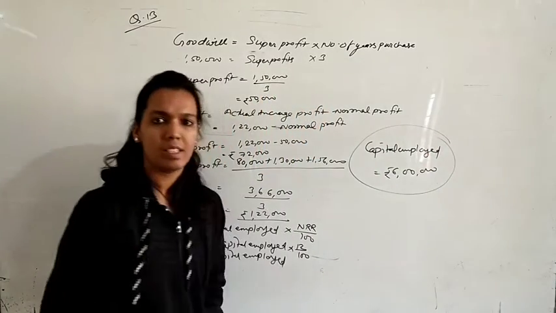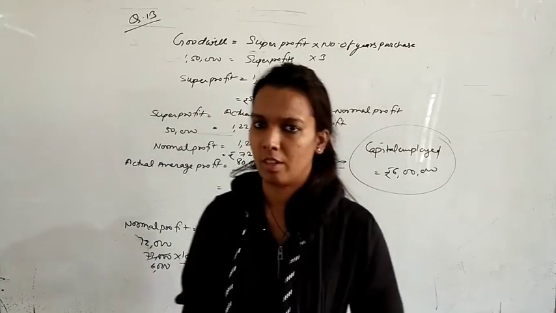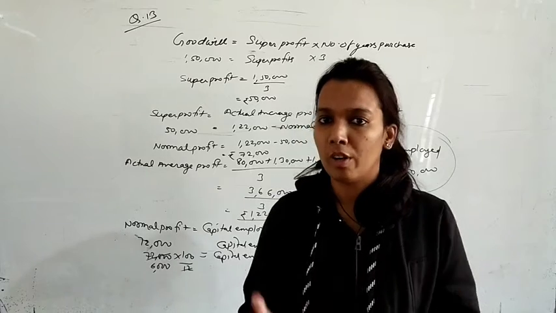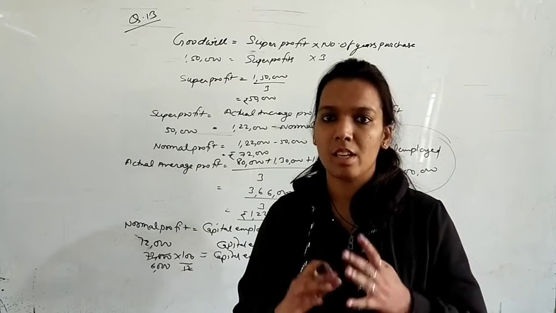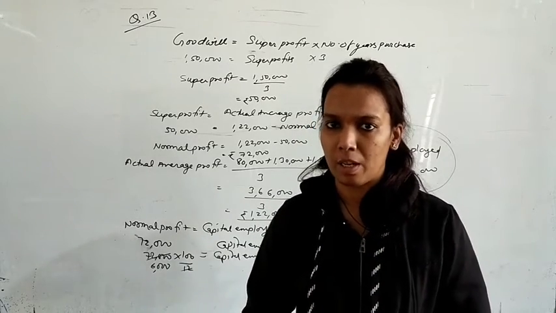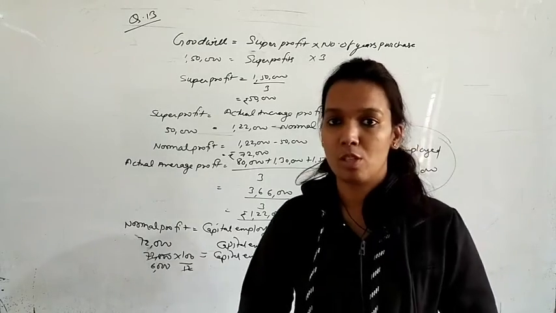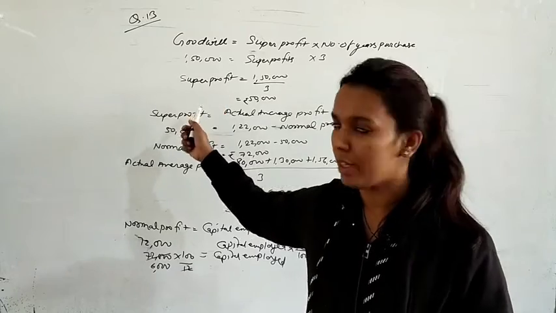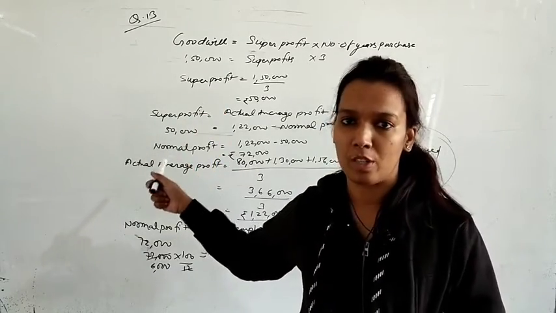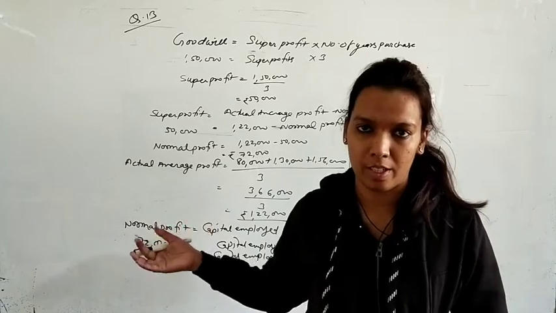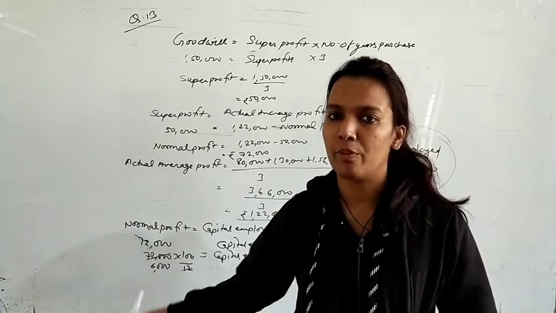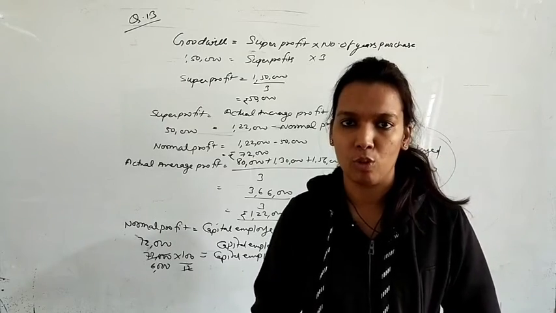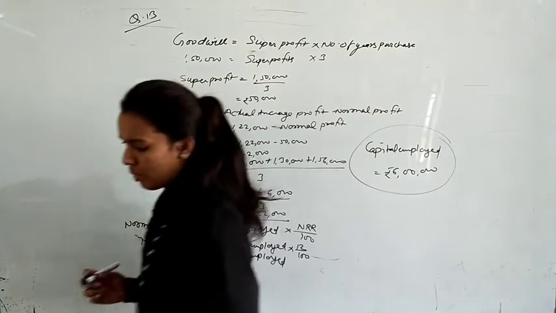So in this way, step by step you have to solve the question. In this, first it was asked what will be the capital employed, but we don't have information regarding liabilities, assets or anything else from which we can find capital employed, but we have goodwill in this question. So according to goodwill, first we got the information of super profit, then we put the formula of super profit. According to this we got the normal profit, and then we put the formula of normal profit, then we got capital employed. So this type of steps sometimes we have to follow. Okay, let's start the next question.